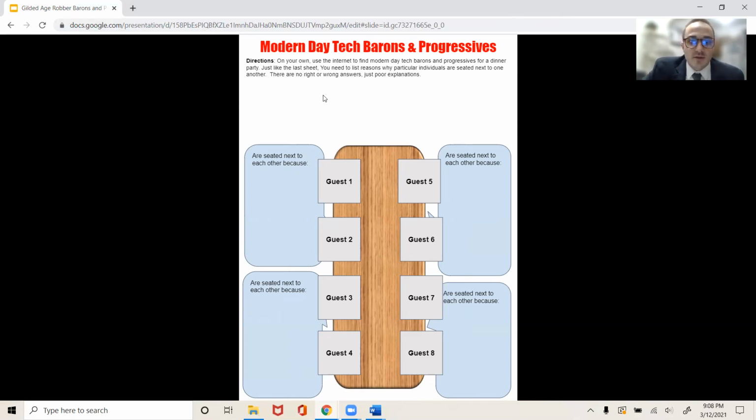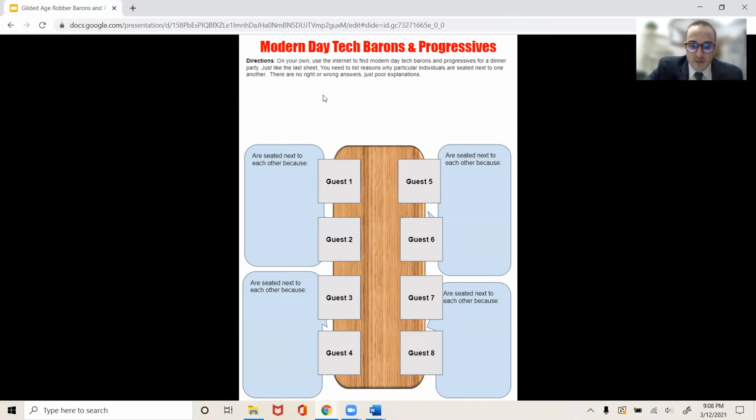So what you guys are going to do is look at modern day tech barons and modern day progressives. On your own research, make sure you're using trustworthy websites. Everybody remember, .edus are a lot better than .coms. You're going to find four modern day barons and four modern day progressives,